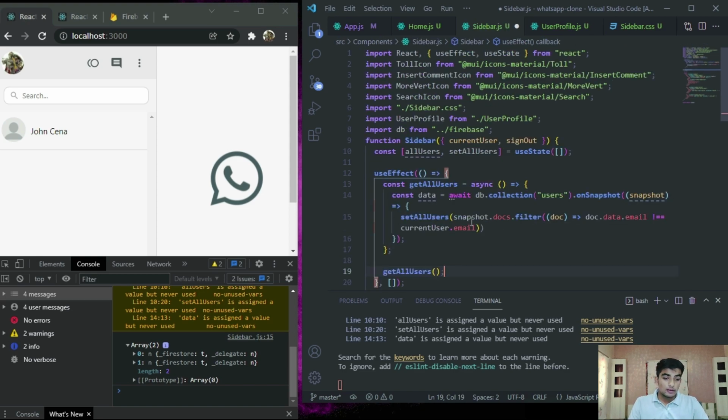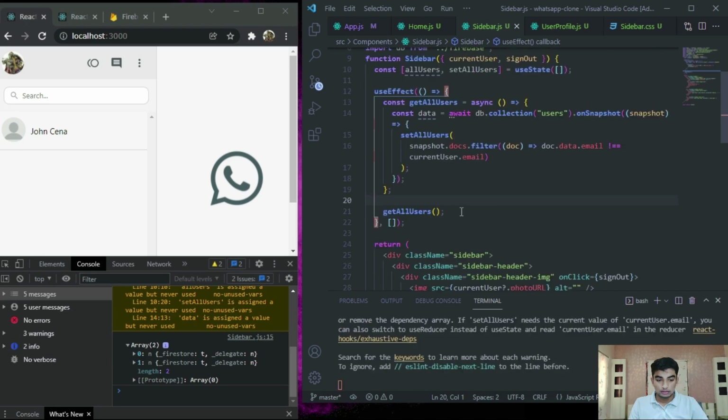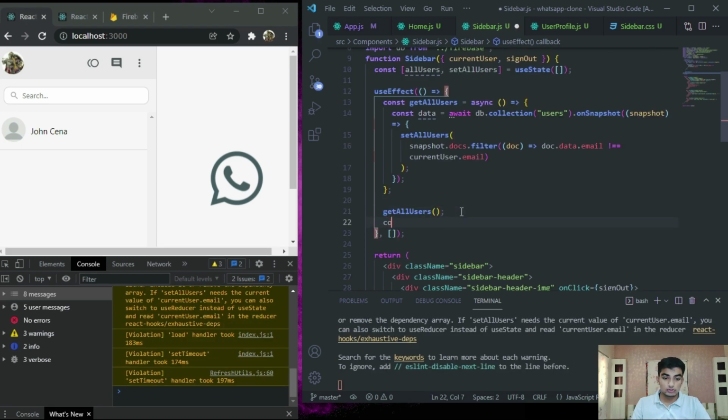So we have to eliminate that particular doc whose email is equal to currentUser.email. Now save it, and inside this useEffect type